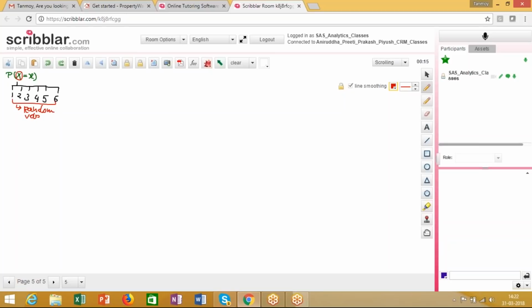Now, in the last class we discussed that this function, or these experiments or outcomes, can be written in a mathematical form. And when I am writing a random experiment in a mathematical format,